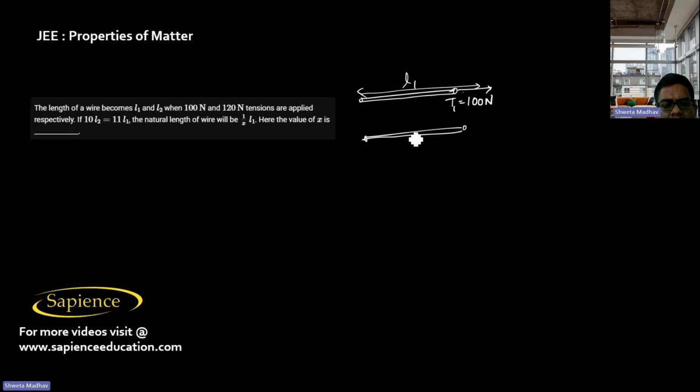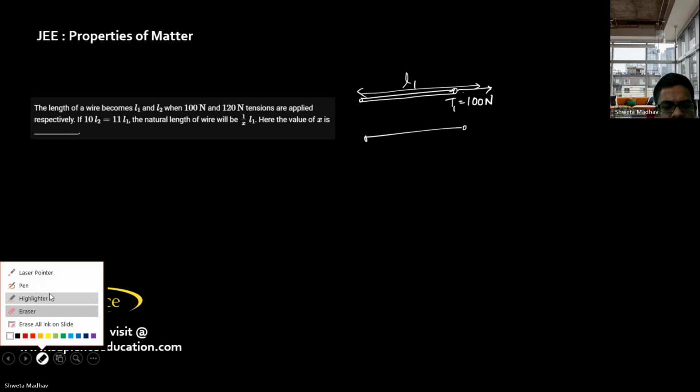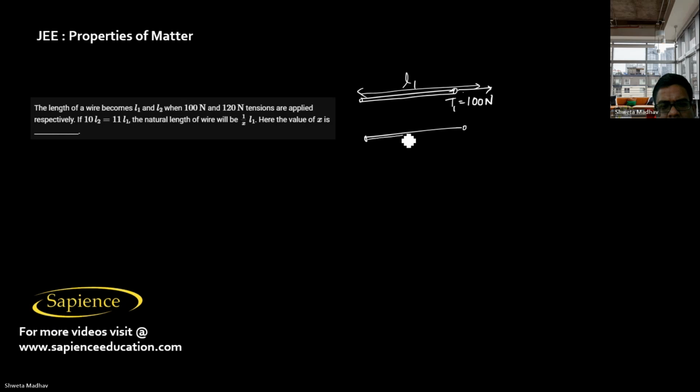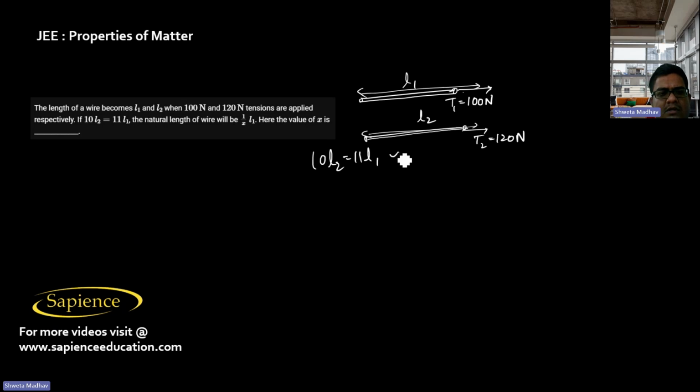The length of the wire will be L2 when the tension T2, that is 120 Newton, is applied. Now it is told that if 10 L2 is equal to 11 L1, the natural length of the wire will